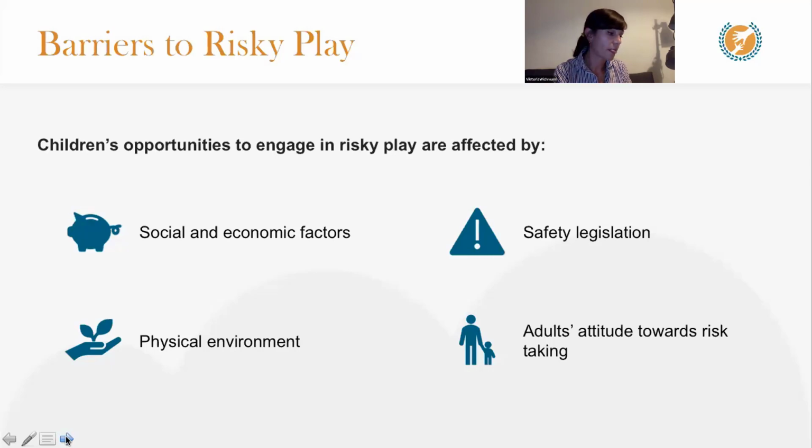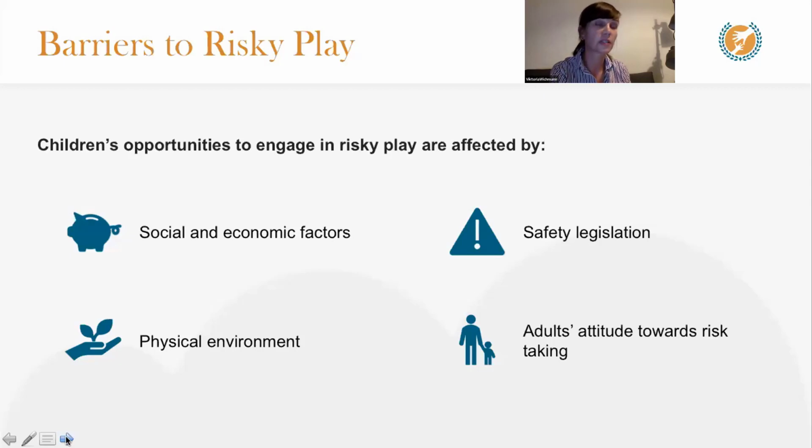Now, physical environment. When we talk about physical environment, we look at places and spaces that are over-structured, so they very much don't give many more opportunities apart from what's expected from them. So this would be playgrounds where there might be very little equipment and very little chance for children to, for example, climb high or jump, or there could be places that are not safe for playing. So risky play in risky places is not what we are trying to promote.